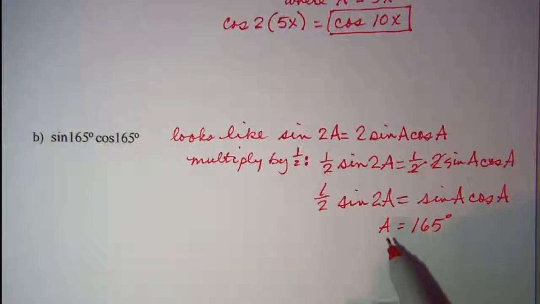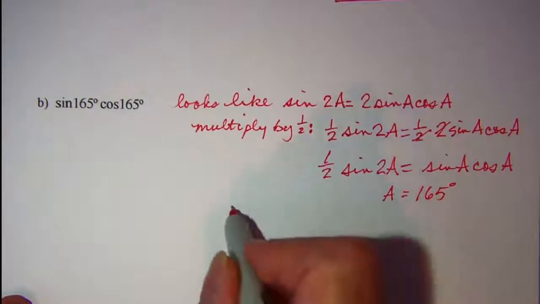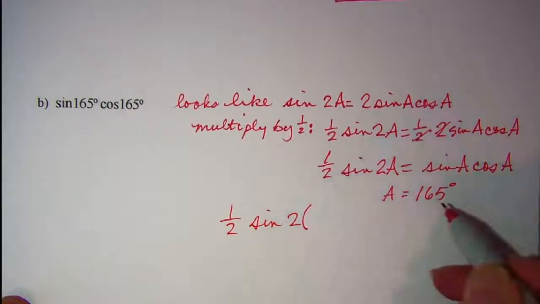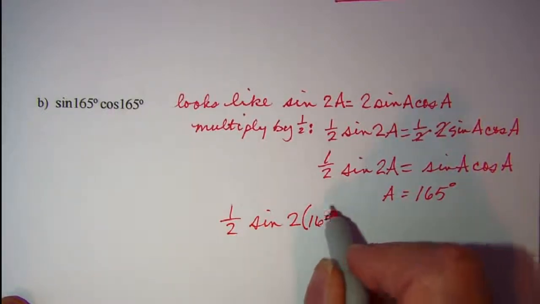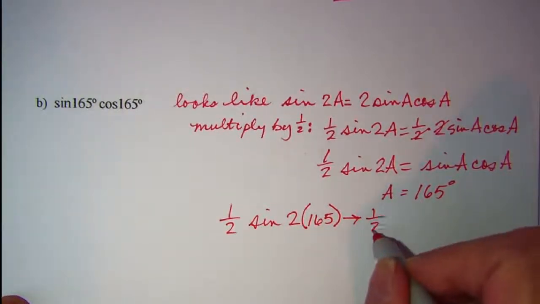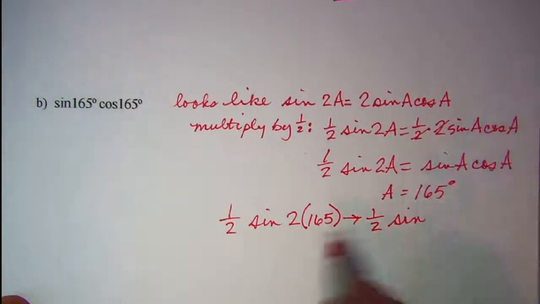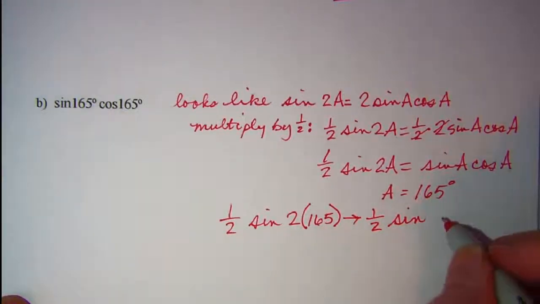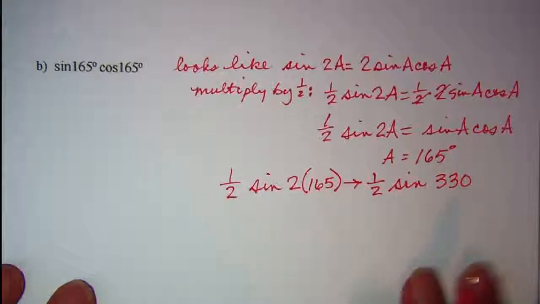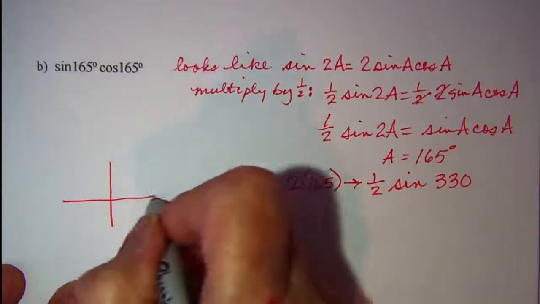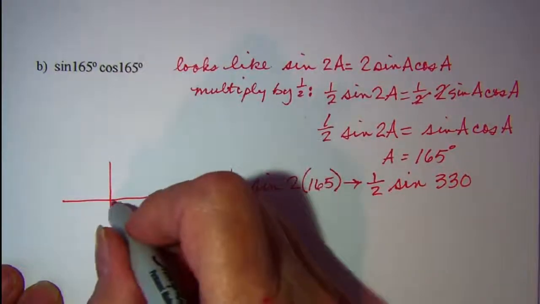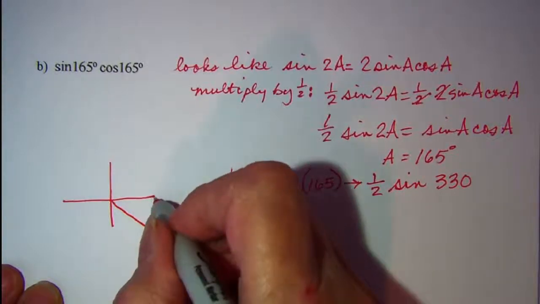So our expression then becomes 1/2 sine 2 times 165. So this is 1/2 sine, and the product here is 330. And that's one of our special angles that we can get a value for. 330 degrees is 30 degrees off of a complete revolution. So it's